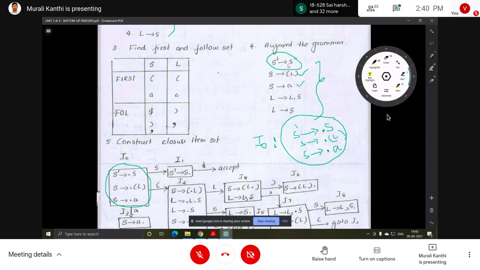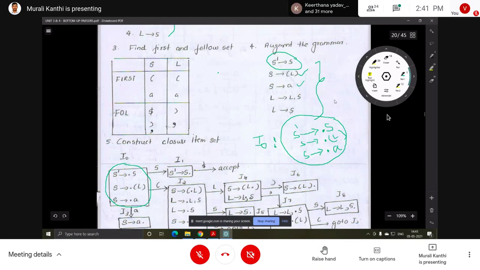If it is a terminal, no need to add anything, just leave it. So after dot S, add S productions by placing the dot. After dot open parenthesis, no need to add. After dot A, no need to add any productions. Now the closure function is completed. So this is the closure of I0, this is the closure I0 item set.